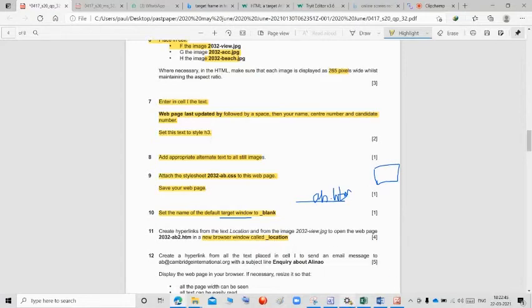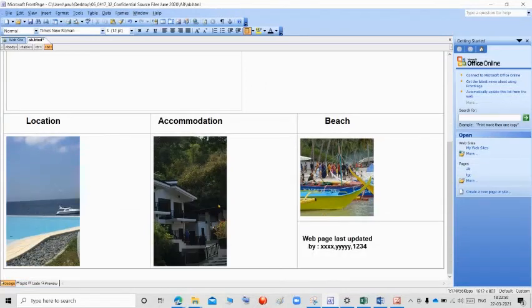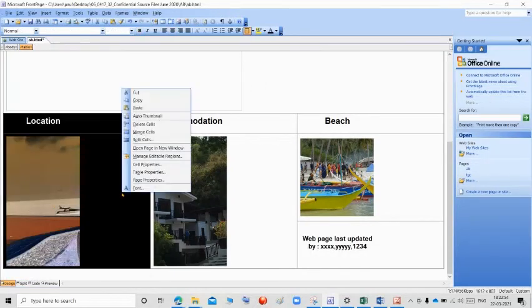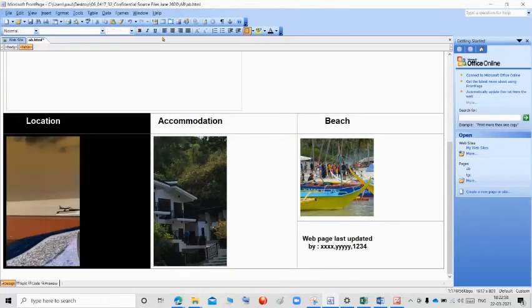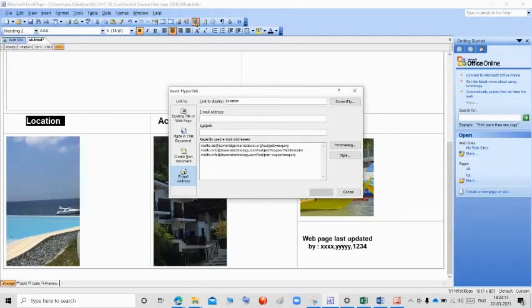So what we are going to do now is select the location text and this image, right click. The hyperlink is not working on both together, so select one by one. Select this, click insert hyperlink, existing file or web page, because we are going to make the hyperlink to the web page.